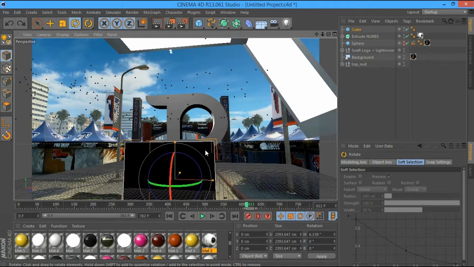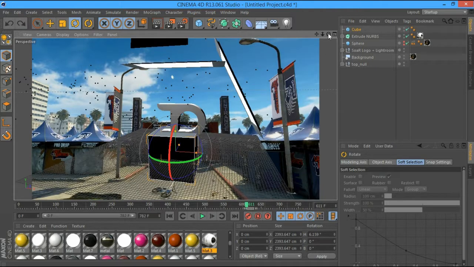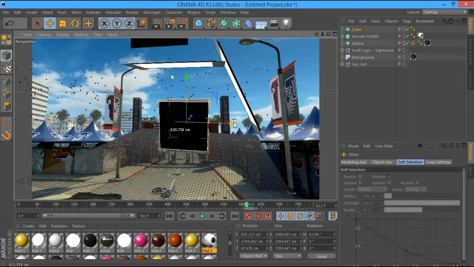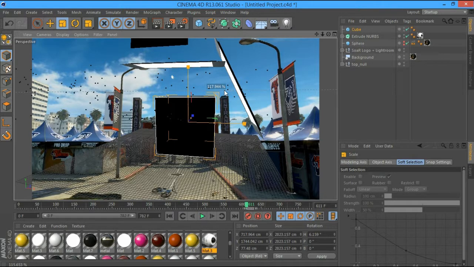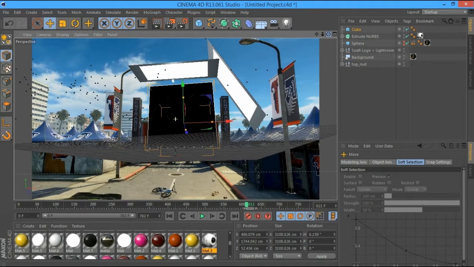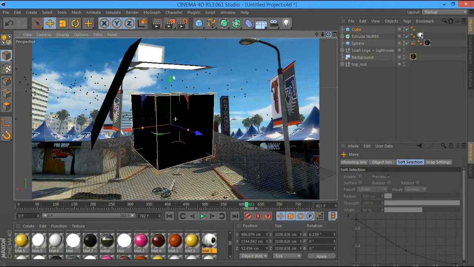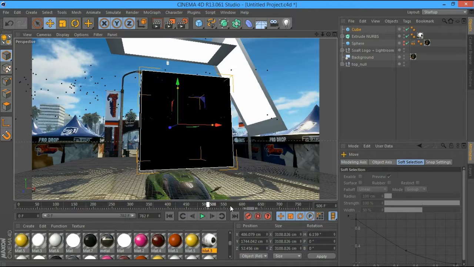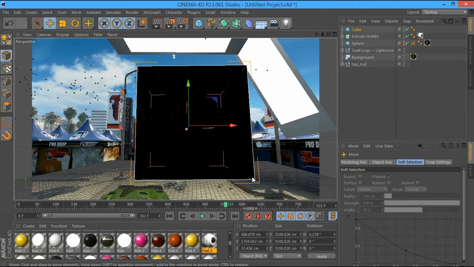Doesn't have to be a perfect cube, it can be whatever shape you want. It can be a cylinder, it can be, I don't know, whatever you fancy. So let's put this there, make the size bigger, position it to where you want it to be, and make sure it doesn't poke out anywhere, and it all fits inside the cube like that. So now move the timeline and it'll put you back. Now that's a pretty big cube, if I'm honest,